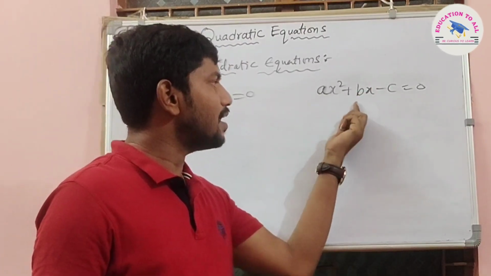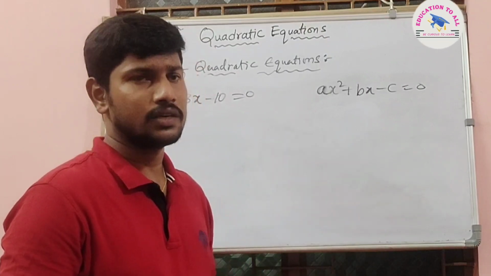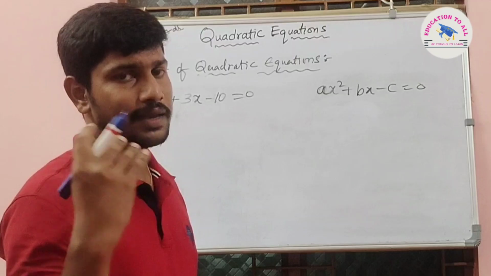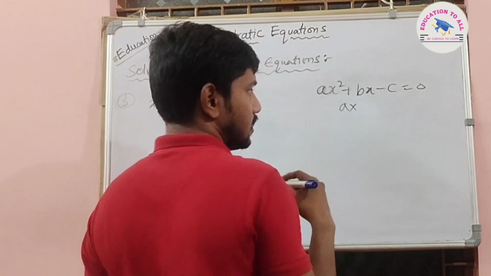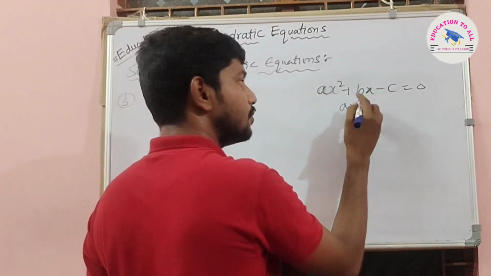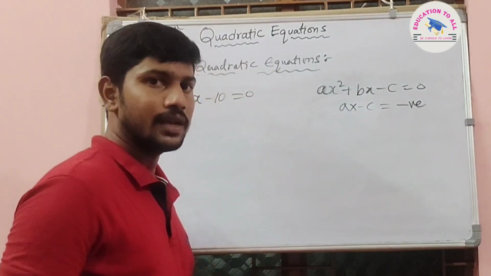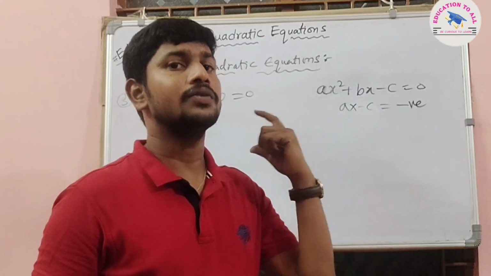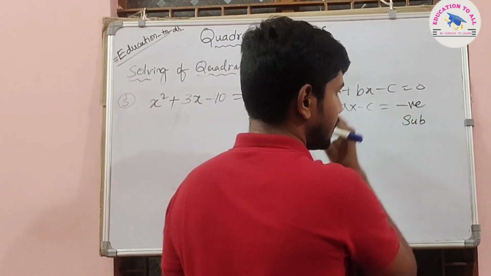Here a and b are positive and c is negative. So we'll go with the normal procedure. So step by step, same procedure we can apply for all the types of quadratic equation. So first what we do, a into constant, means coefficient of x square into constant, a is positive, c is negative. So what is the resultant we can expect? The negative only. So here we have to note down one thing, if a into c is negative, we have to subtract the roots. So subtract the factors, we can say, subtract it.